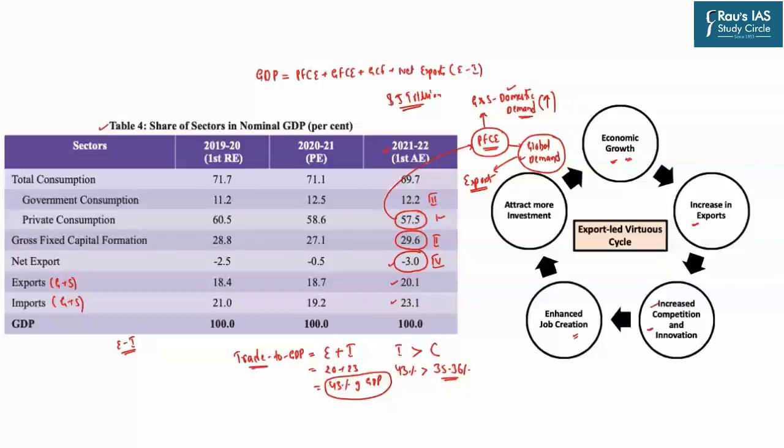We would also be able to attract more investment, and as we are able to attract investment, automatically the gross fixed capital formation, which presently accounts for 30% of India's GDP, even this share would increase, and thus India would be able to pursue a virtuous export-led cycle. So the Economic Survey 2018-19 recommended that India needs to shift from a consumption-led economy to an investment and export-led economy. So by pursuing an investment and export-led economy, we would be able to realize the vision of the $5 trillion